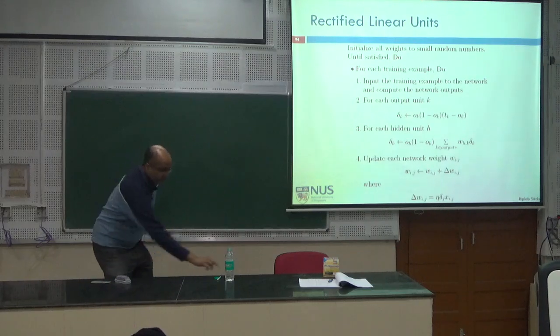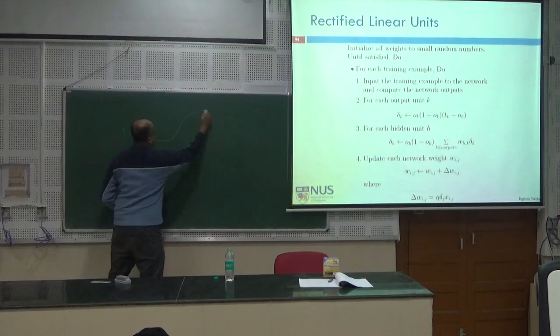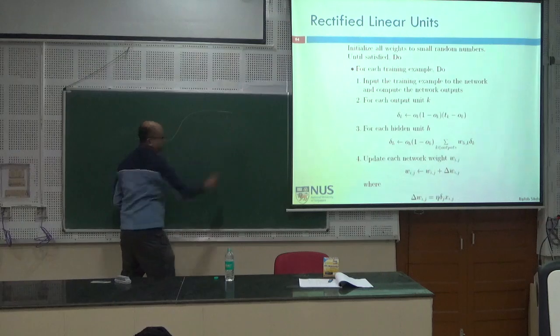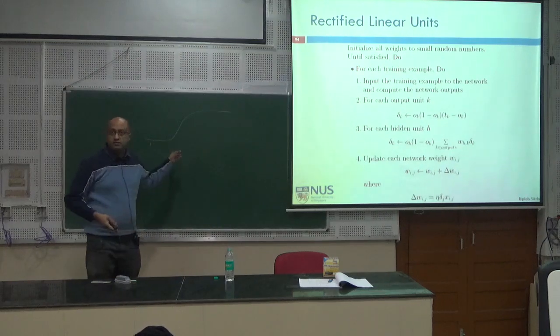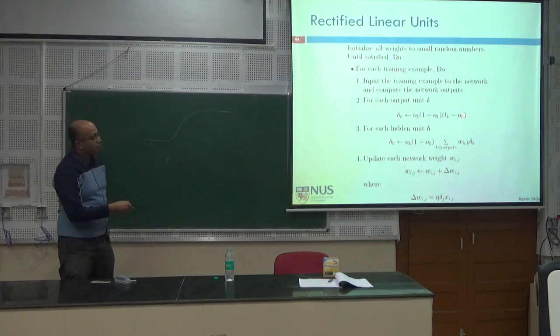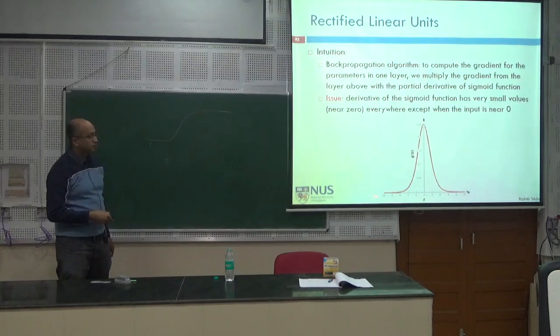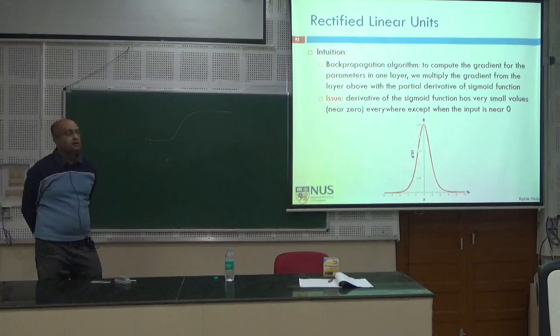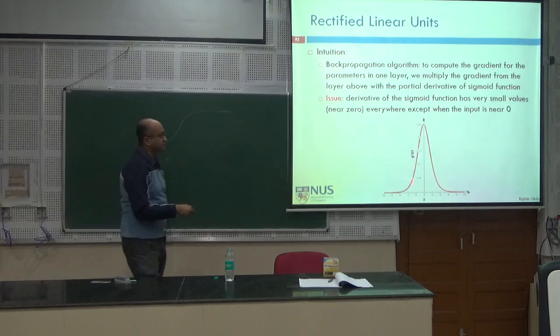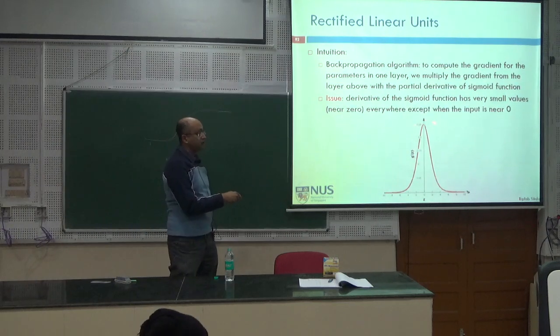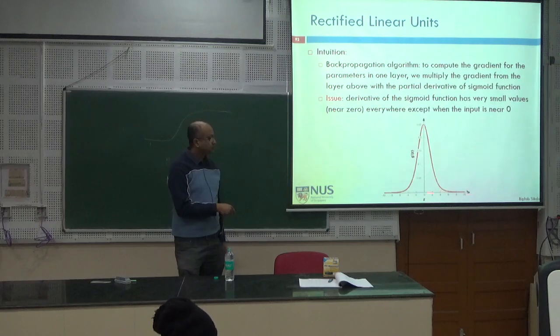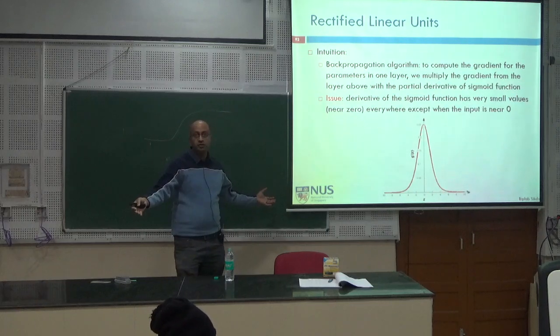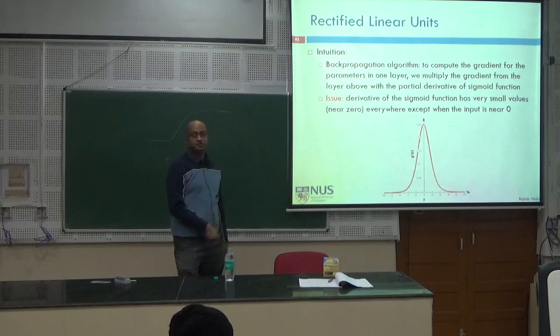So my squashing function is like this. This is a straight line, sort of. What does the derivative, what does that function O(1 minus O) look like? Looks something like this. And that's the derivative. It has a reasonably high value, some non-zero value or high enough value at 0. But as you increase, the derivative becomes 0. As you decrease, the derivative becomes